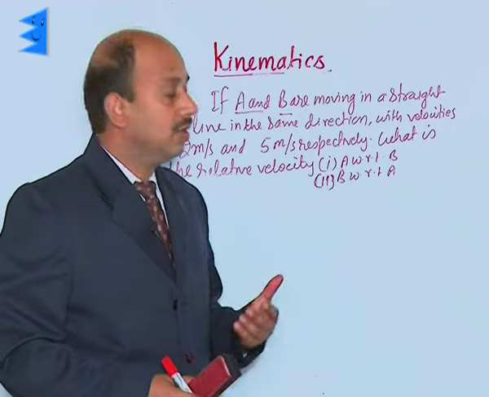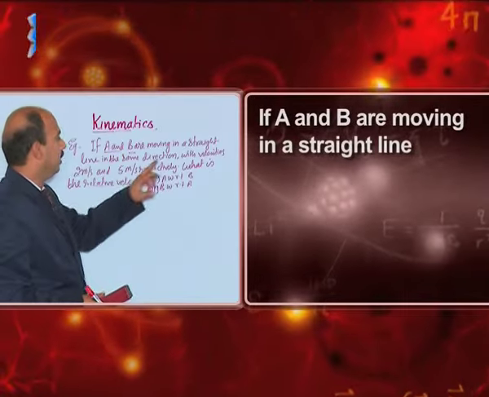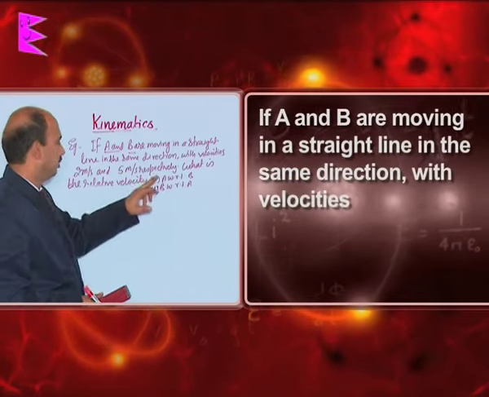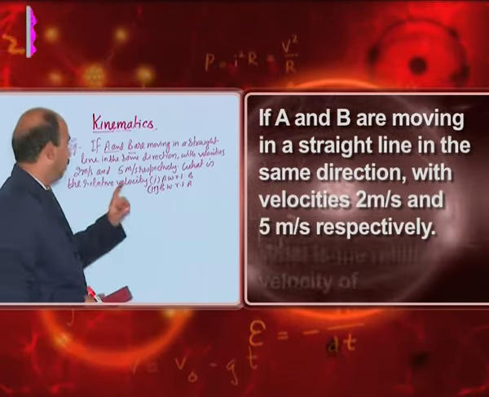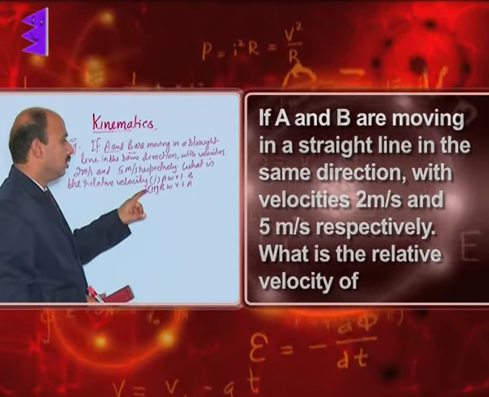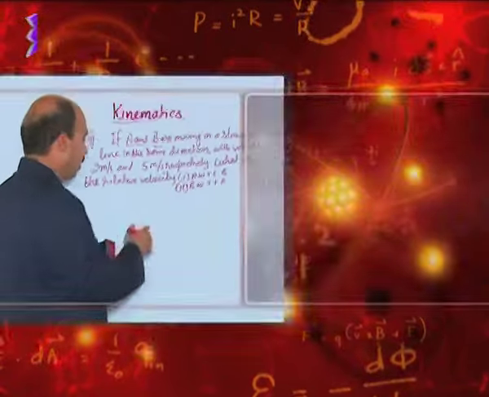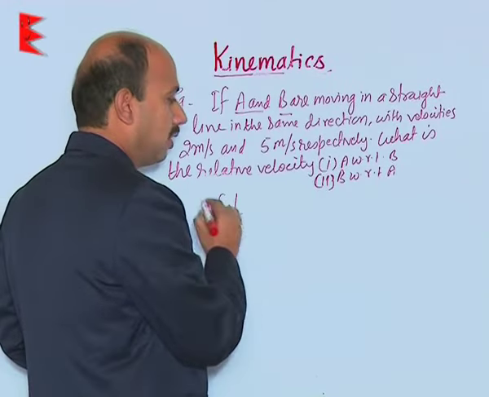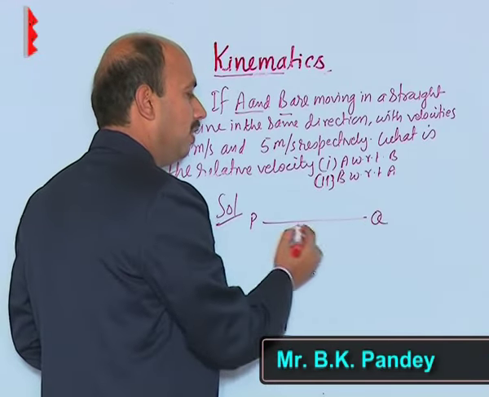Okay, so now see an example related to relative velocity. If A and B are moving in a straight line in the same direction with velocities 2 meter per second and 5 meter per second respectively, what is the relative velocity of A with respect to B and B with respect to A? So now see here, in this case we assume a line, P and Q, and we assume A